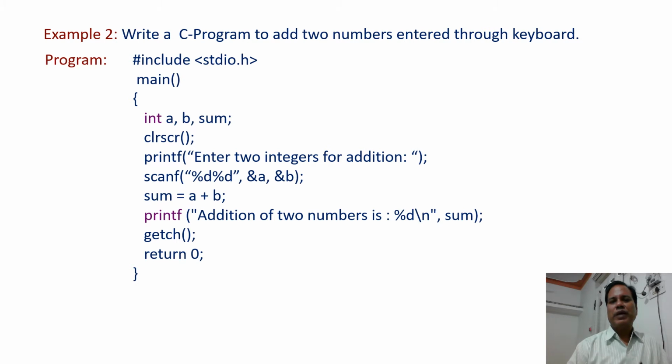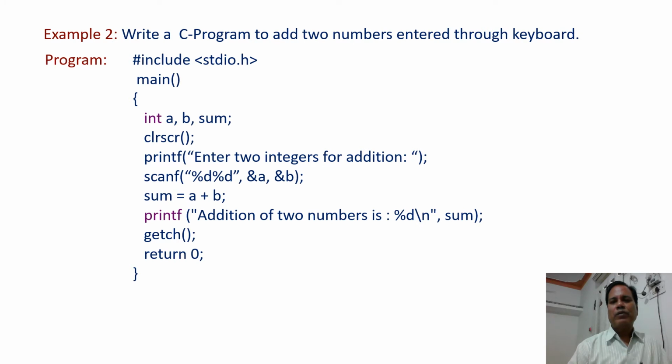So in this one, using the printf function, we write "enter two integers for addition:" and this statement is written within the quotation marks. Whatever is written in the quotation marks between the open and close parentheses of the printf function is displayed on the output screen. And from this message we come to know, whenever the cursor or program waits for data, what type of data we have to enter.